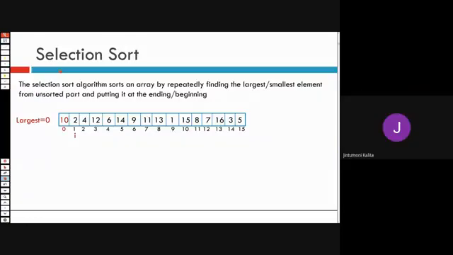Yes, sir. Basically, we can use the selection sort algorithm. First, we will select the smallest elephant, then place it in the first place. Then we can again select the smallest elephant from the second to the last place, then place it in the second place. Then we can select the smallest from third to last, then place it in the third place, and so on.